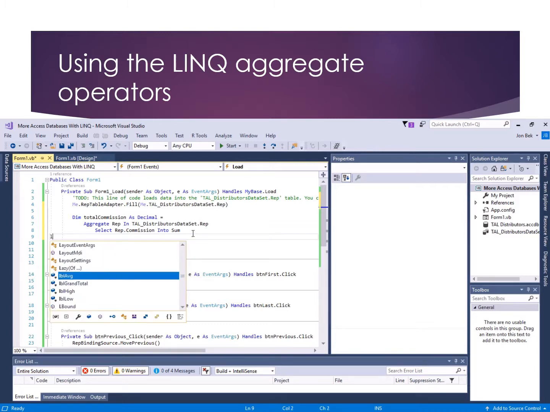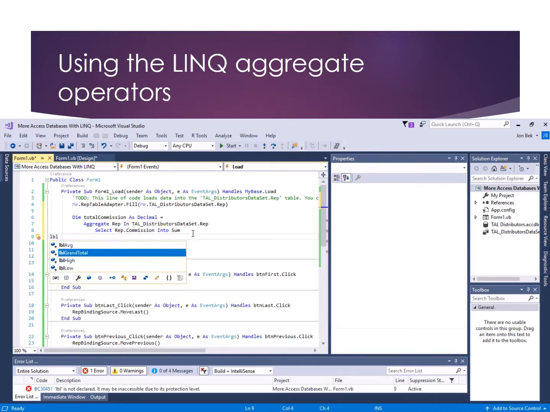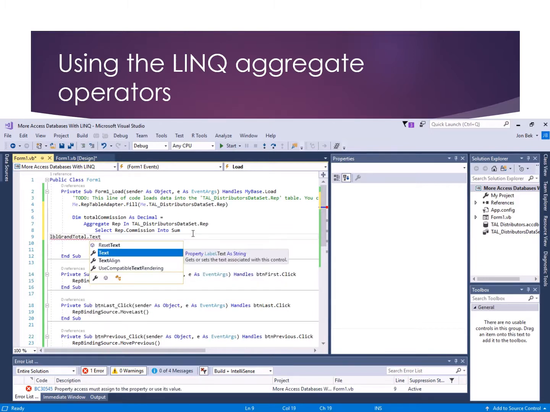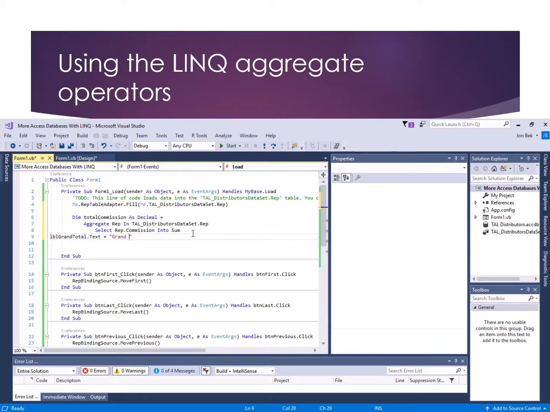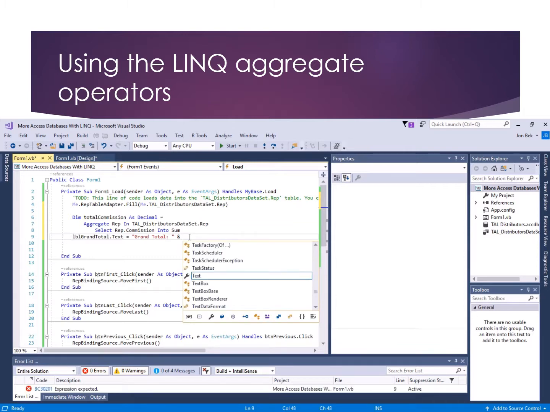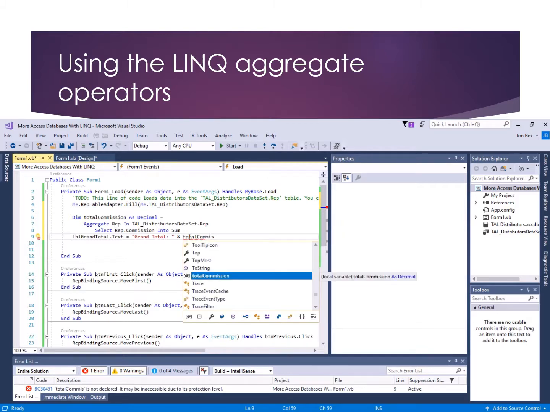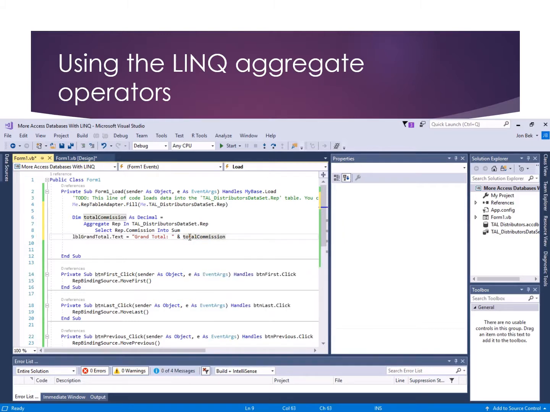Okay, so let's take our label grand total and set its text property equal to, and let's say grand total colon space, and then let's concatenate that with total commission,